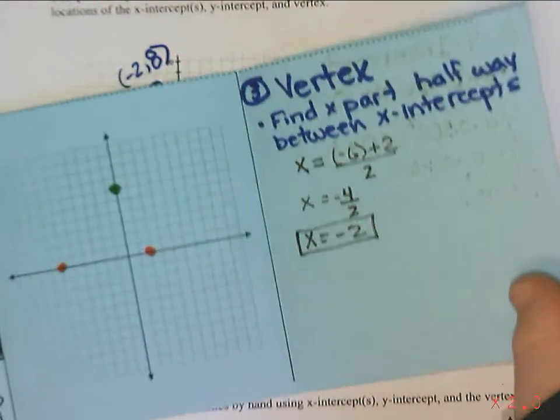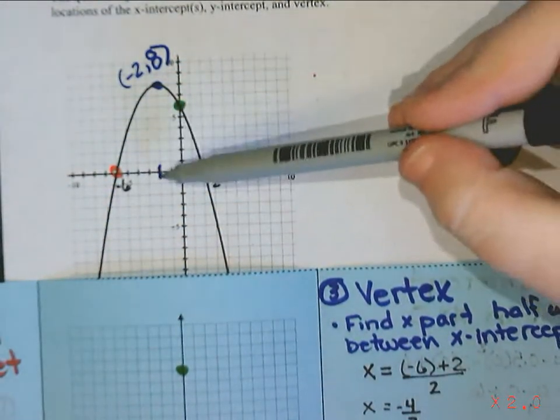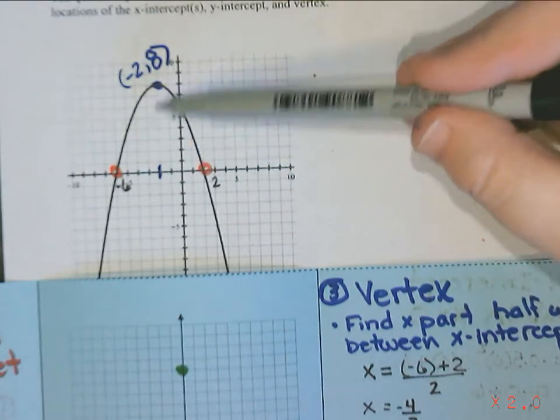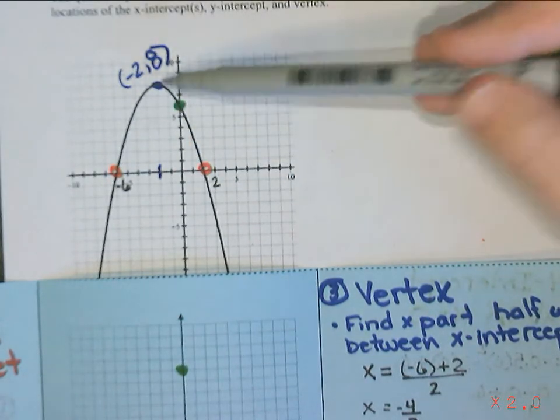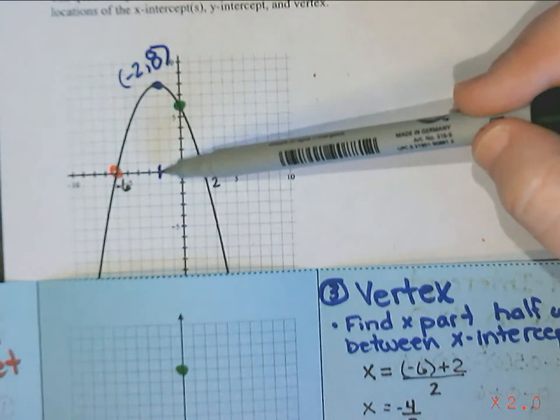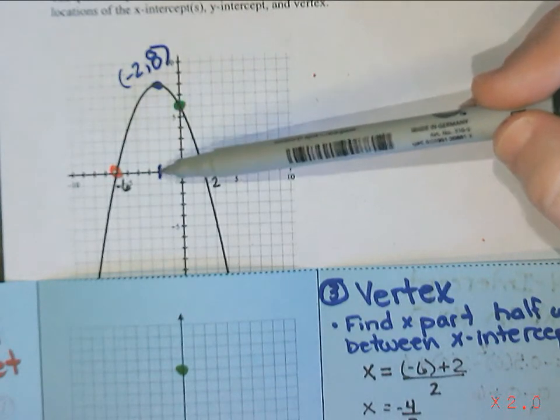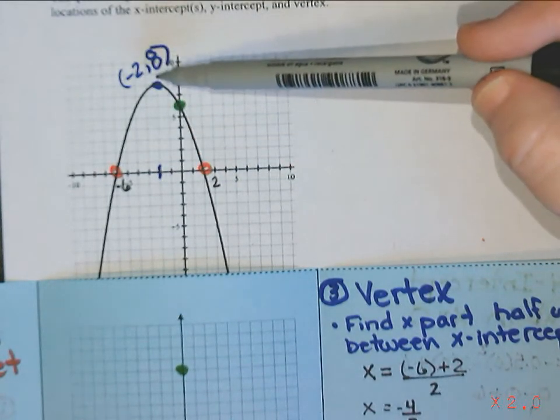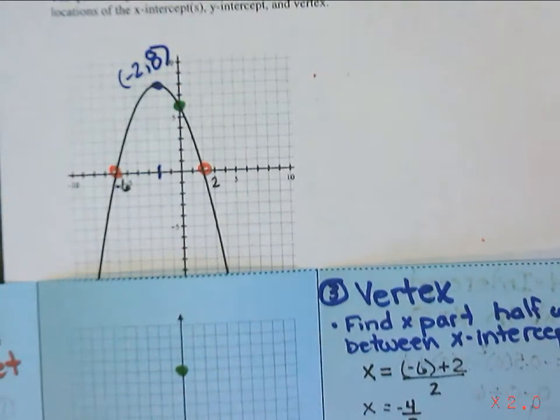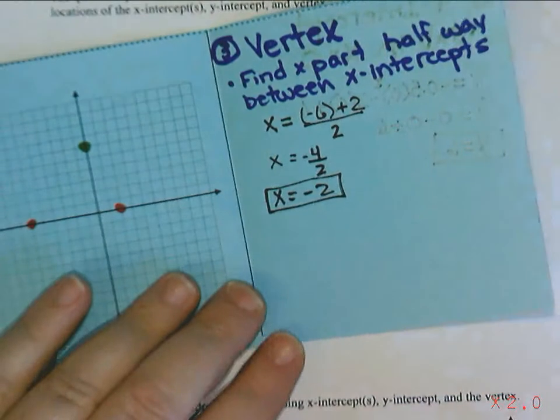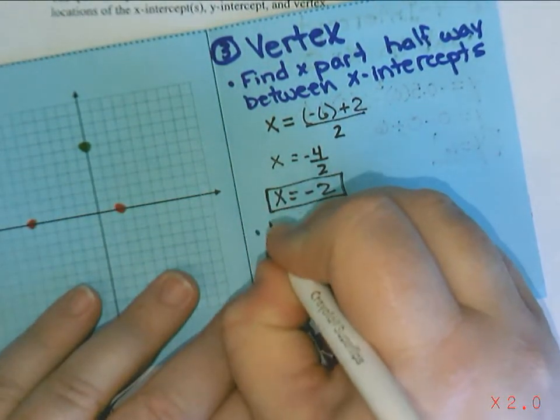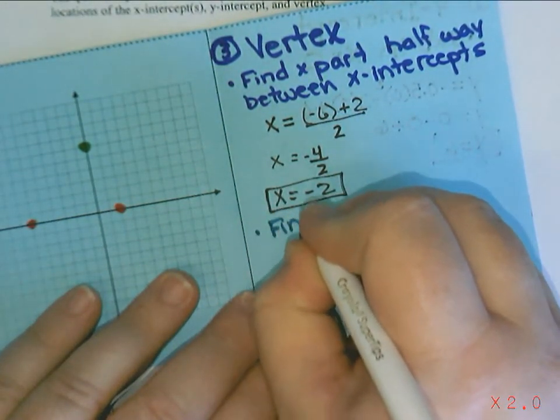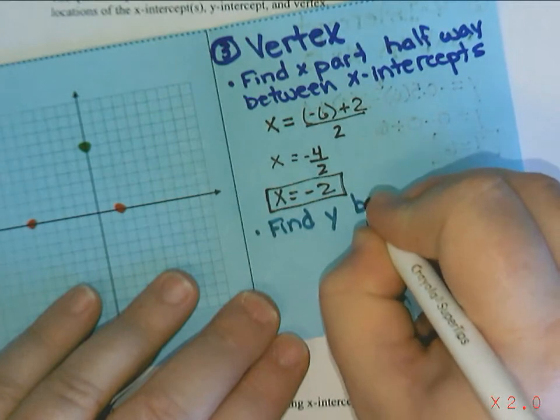Now if we take a look at the graph again, to find the y part, I have to do something to calculate how high it's going to be. So what we do is once we know the x part is -2, we sub -2 into our equation. So to find the y part, by subbing x into the equation,